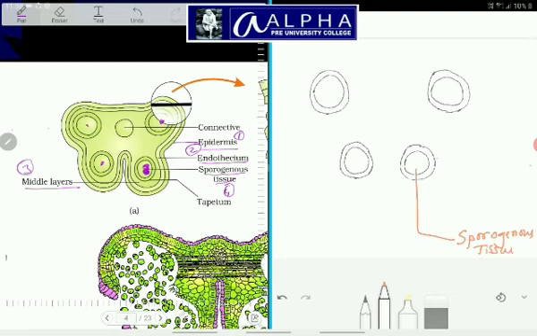So here I am labeling the parts in the beginning itself in order to make you clear about the various regions of the diagram, parts of the diagram. But while you write in your answer sheet, you can choose to mark the labeling at the end, after finishing writing the diagram. That's also quite good. So here, in order to make you understand, I am doing this. This is the tapetal layer, tapetum.